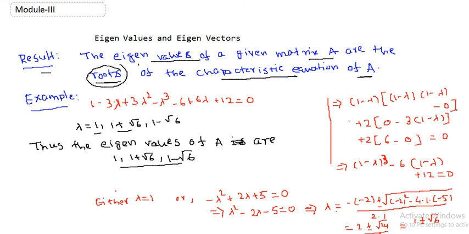Now we have found the eigenvalues of a matrix from the characteristic equation. The next task, after we find the eigenvalues, is to find the eigenvectors corresponding to each eigenvalue of the matrix. So in my next video we talk about how to find the eigenvectors of a given matrix A, when the characteristic values, also called the eigenvalues of the matrix, we have already found.